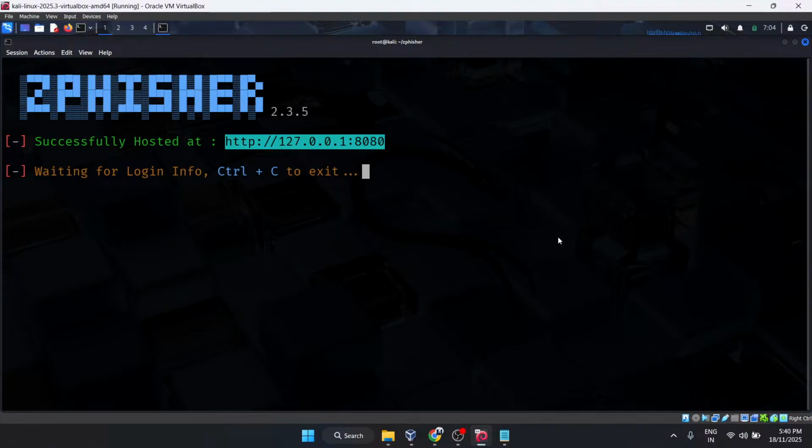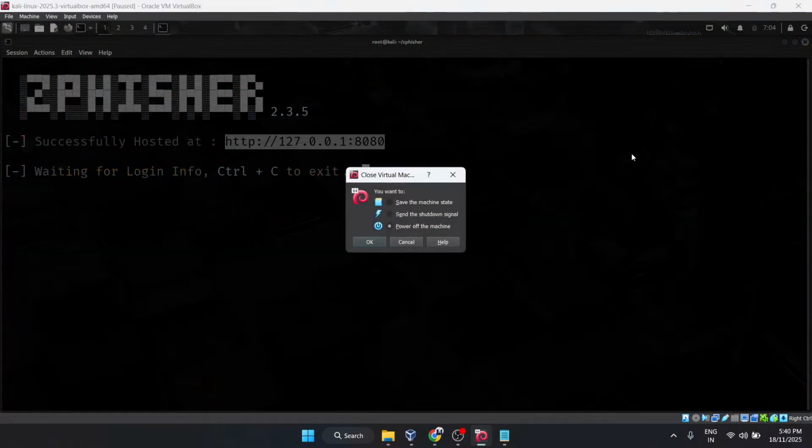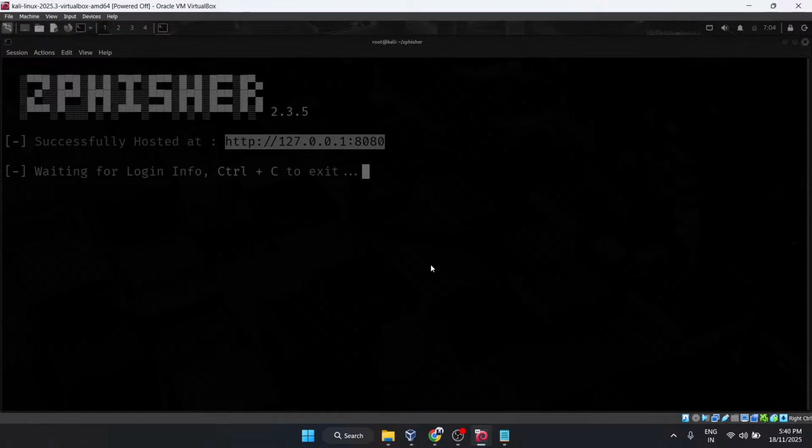Okay, just give me a minute. Why is it not working? Control C, Control C. Linux has got a big problem with me today. Just a second. Okay, it's stuck. It's hanged or something.